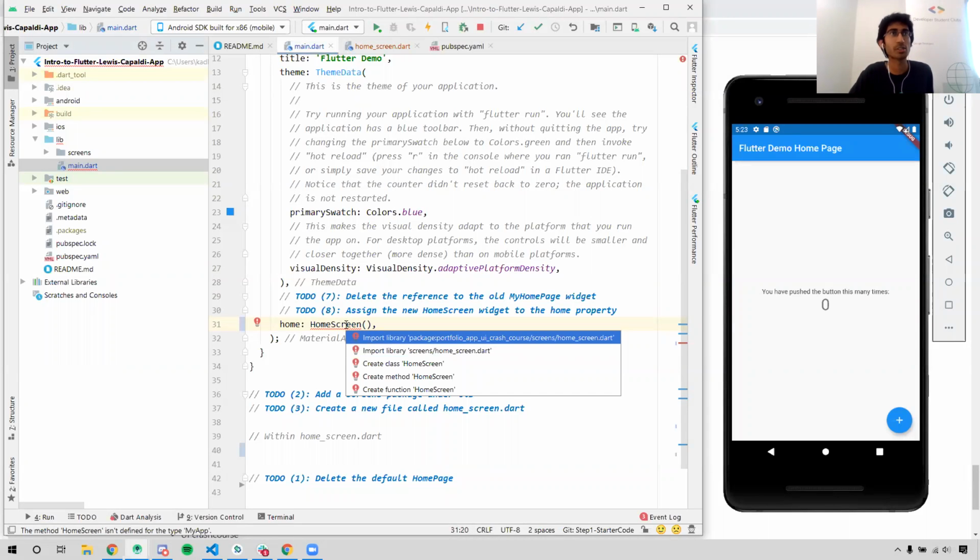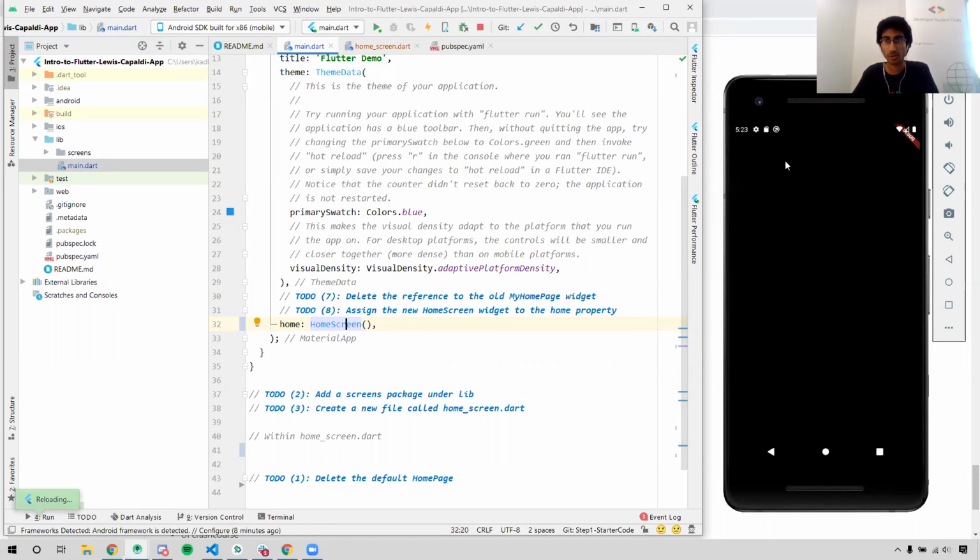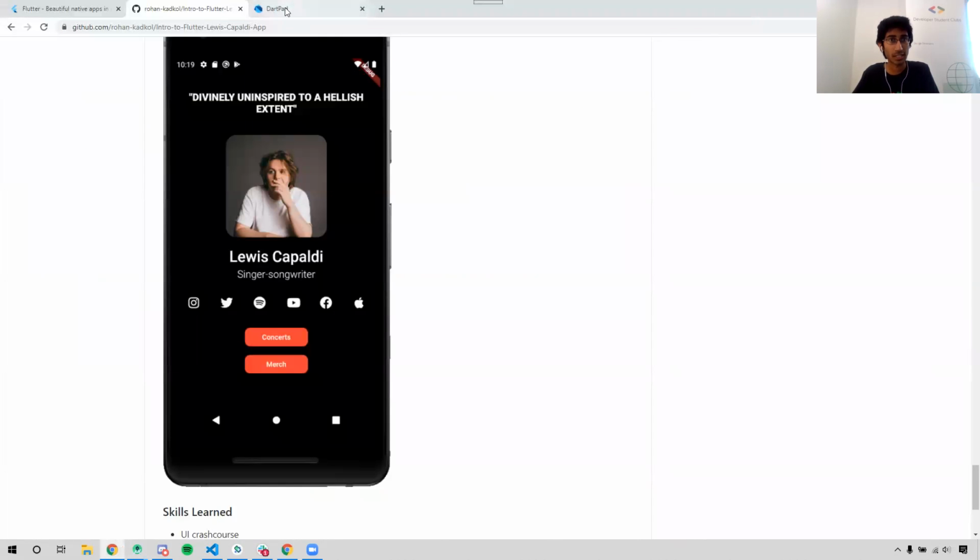So any one of these two statements would work. Now Control S, if you're on Android Studio, Control S, and now let's talk. So you should get this black screen. Now if you're on Dartpad,